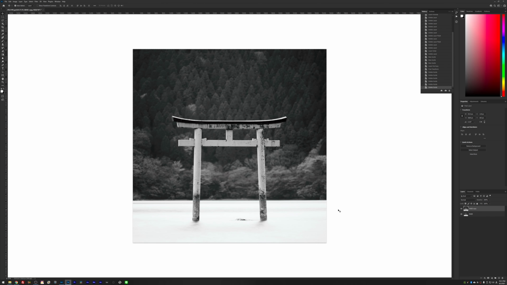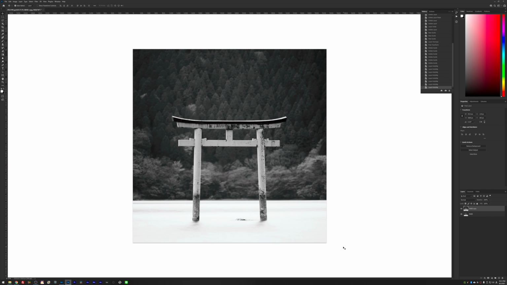Now I can see here is not perfect. When I actually did that for my vlog image, it took me a little bit more time, but this is just for showing you how to do it, so I'm not going to spend too much time doing this. But as you can see, it's not a huge difference, but the gate definitely looks more symmetric in the frame.